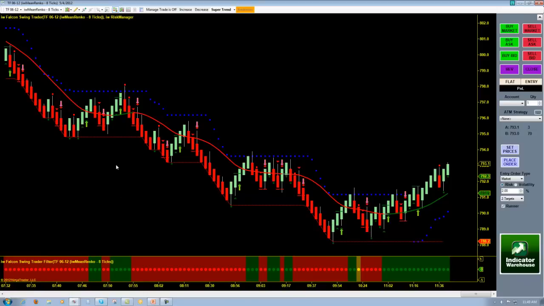Once again, very simple rules. We're looking for red filter dots for shorts. We're looking for price to be trading below the Falcon swing line, which is right here. I'm using Super Trend for a stop, and this helps me as well, but really any stop that you're comfortable with using is fine. Once again, the same thing. I'm looking for a red warning dot. I'm looking for a red short entry triangle and a red short entry hash mark. Ideally, we like to have a little bit of room down to the low of the day.